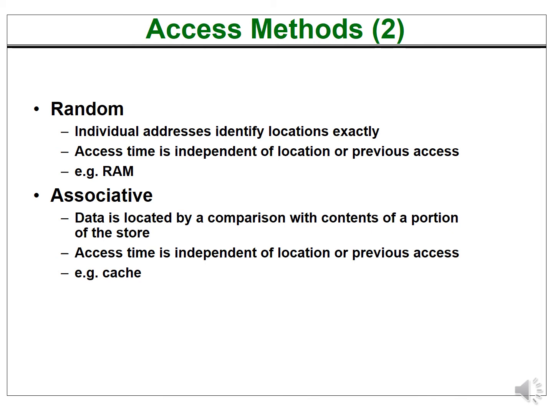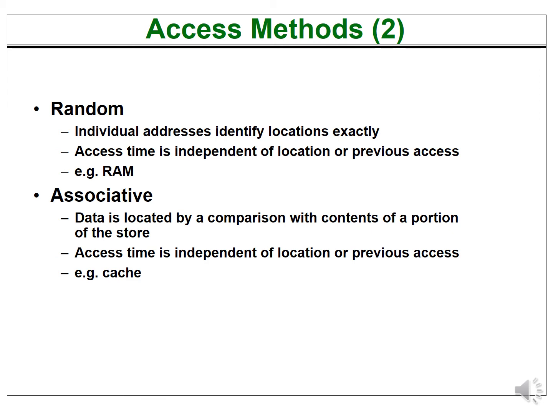Random access, the best example obviously being the random access memory, means locations are given individual addresses, and you can jump to any particular address immediately. What it means is the time taken to reach from one location to another is independent of your current location and the location where you want to go. Going from location number 1 to 100 or 1 to 10,000 will take exactly the same amount of time.